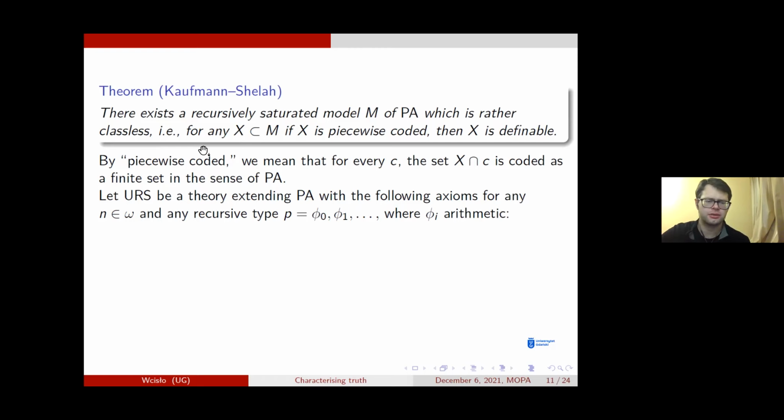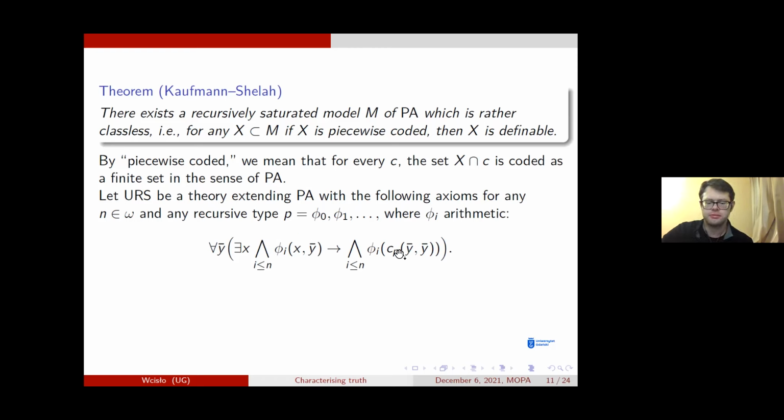And how can you get your theory imposing recursive saturation which doesn't define UTB? Well, you can just characterize a theory that essentially says the model is recursively saturated. So consider the following theory, URS, uniform recursive saturation. It extends PA with the following axioms. For any recursive type P and any N, it says: if P is satisfied finitely up to N, so if there is something that jointly satisfies the first N sentences of the type P,